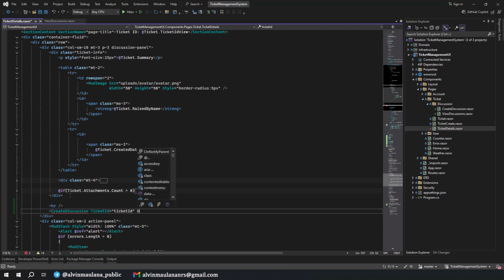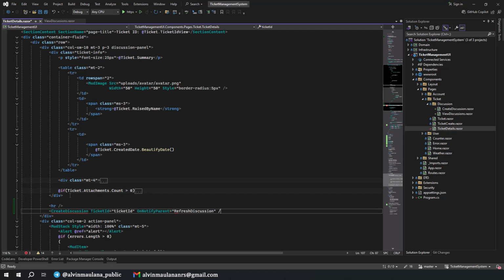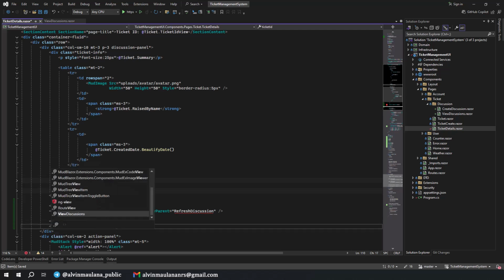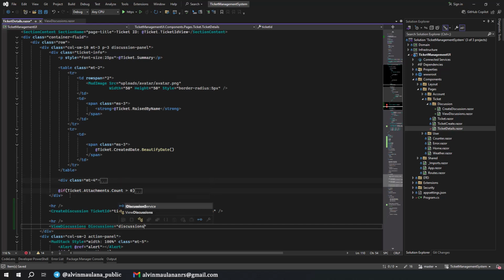Nice. On notify parent, we will have a new method called refresh discussion, and I close it. That's okay, it's an error. And then I just add the HR for the view discussions, and then discussions comes from discussion. We still don't have it now.